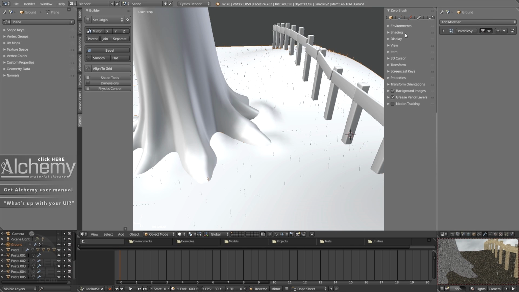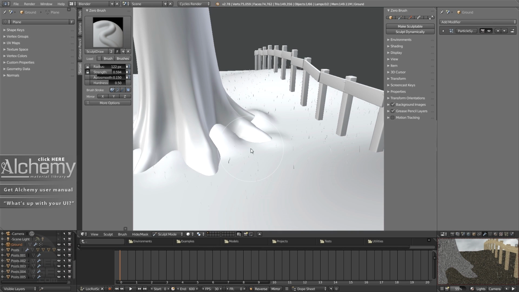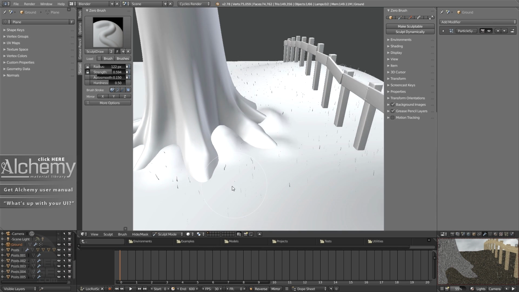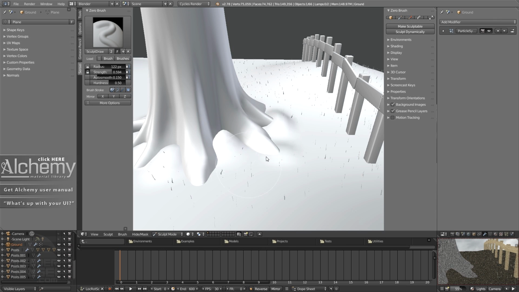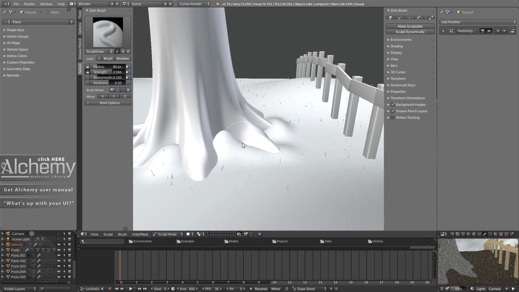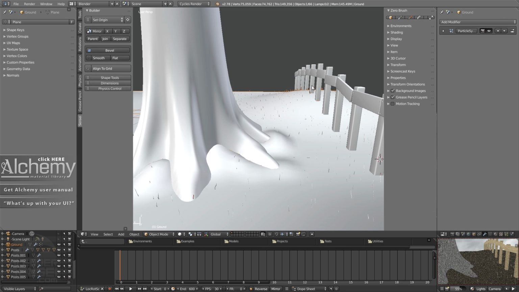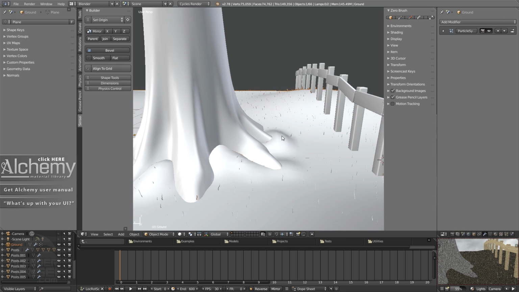So I'm going to select the ground and press my sculpt button and just bring that up some. Maybe that one over there, even though it's off camera. Yeah, just cover this thing up a little more. It'll look a little more like it's had more of a journey. So let's press this. And now